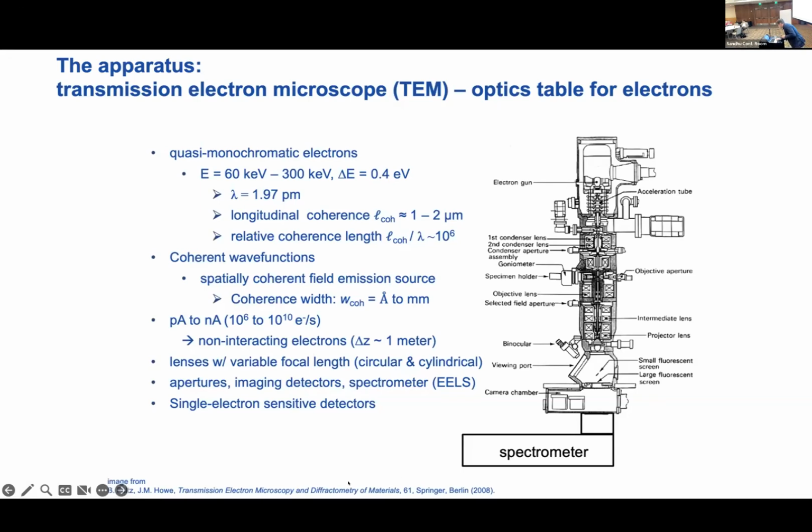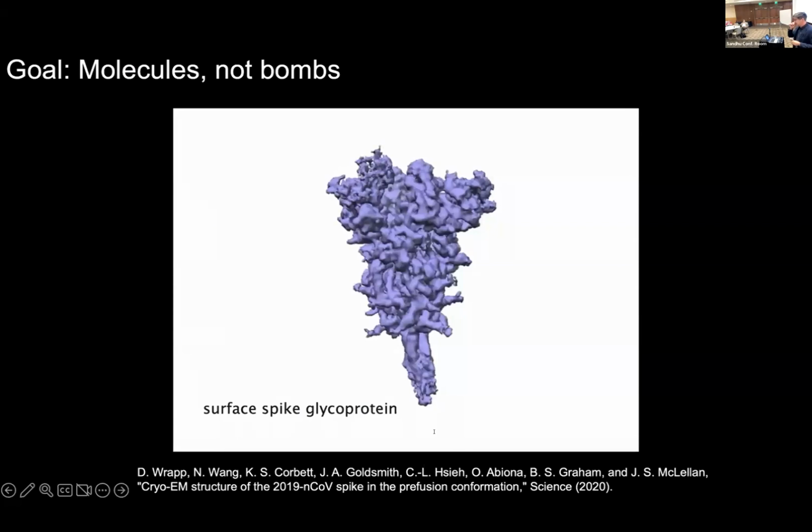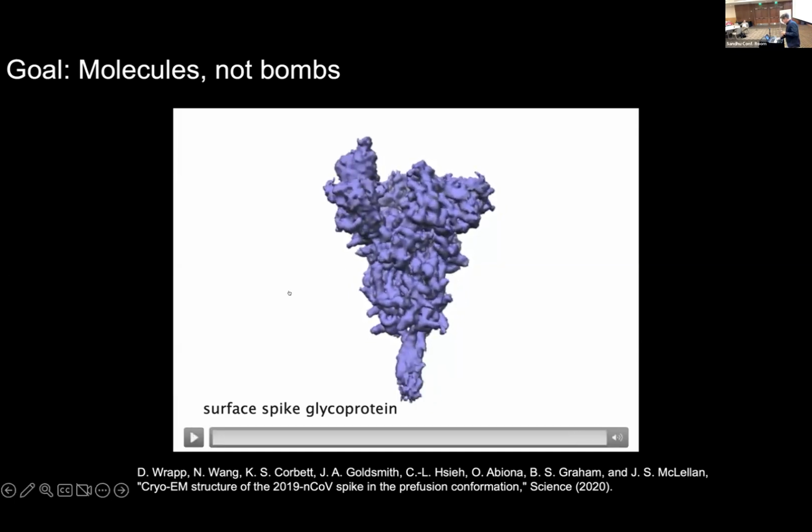Okay, so now I want to provide a vision. So here's a reconstruction of the trimer of the spike protein. That was the little key that would get into our cells of this variant of coronavirus, COVID-19, or SARS-CoV-2. And this was actually not, it's an image, but it's an image formed by tens of thousands of these particles. So one vision for the interaction-free measurement is, can we apply it to image these things better, so molecules instead